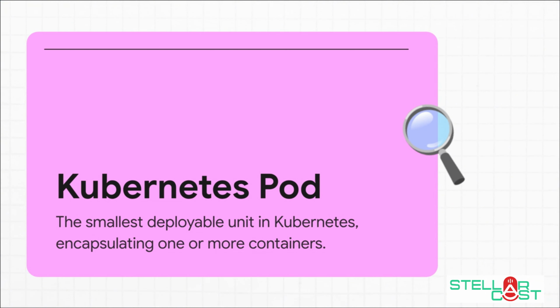Now, the most basic unit in the Kubernetes world is called a pod. You can think of it like a little plot of land that holds one or more of our Docker containers that need to work really closely together. They'll share things like networking and storage. It's perfect for running your main model container right next to a little helper container that handles logging or metrics.